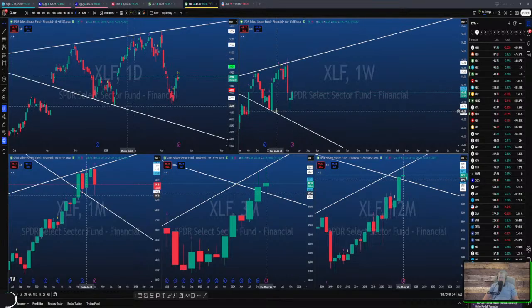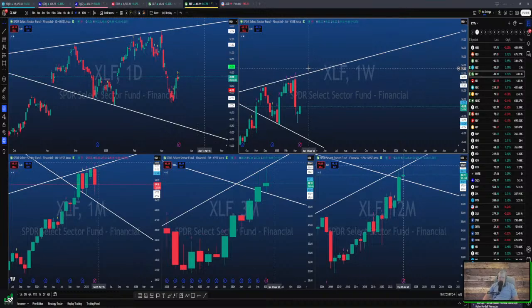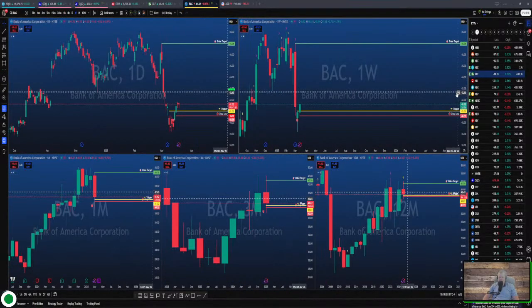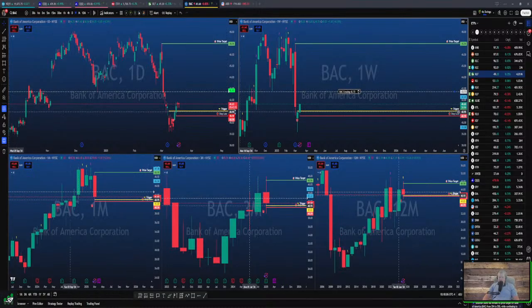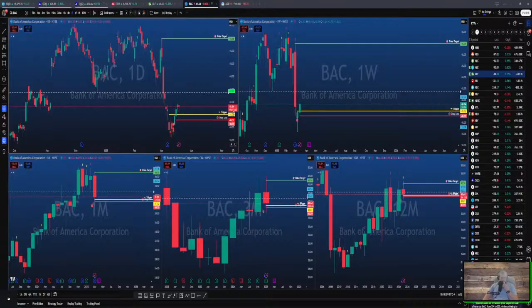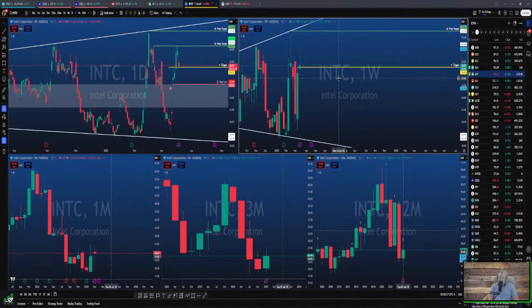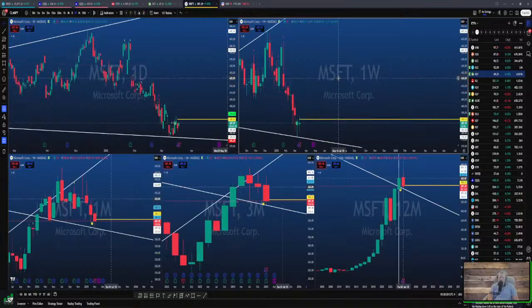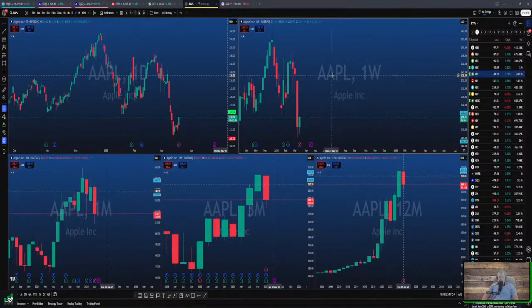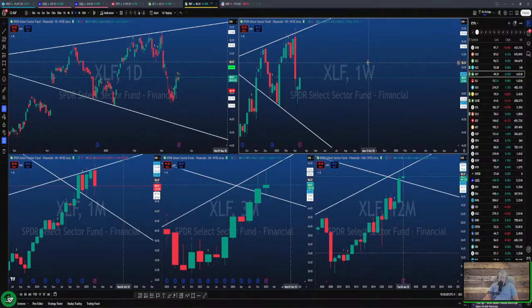See that we haven't quite extended this range, but if we are going to extend the upside range, the time that we're going to do it is going to be around 53, and that's kind of the same vibe that I have on Bank of America, which is actually just flat today, which is pretty strong for Bank of America, considering something like Intel, very red. Microsoft's not red, it's green, which is mind-boggling to me. Apple, actually, I haven't looked at this week. Anyway, back here. So XLF,